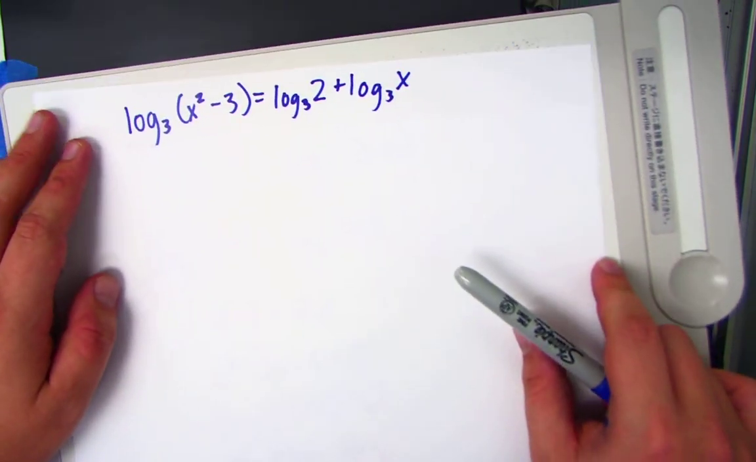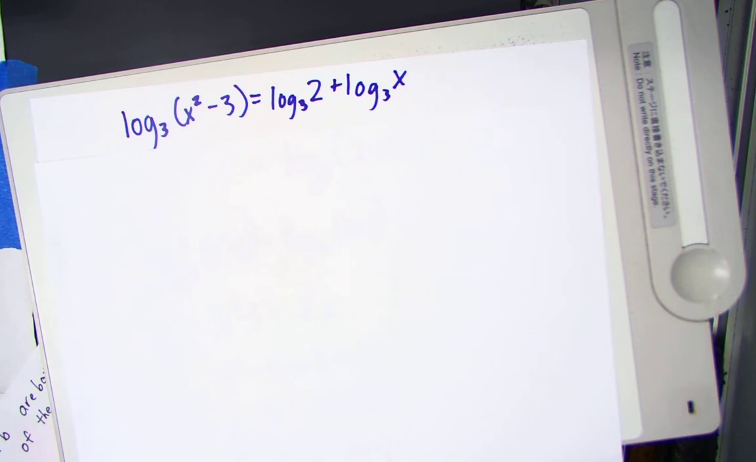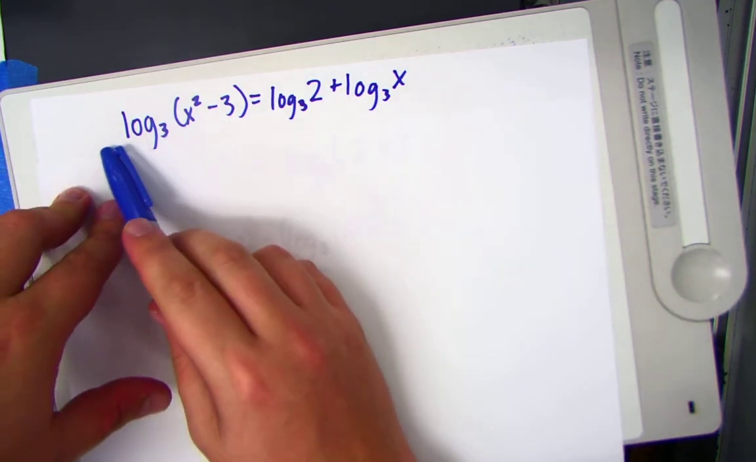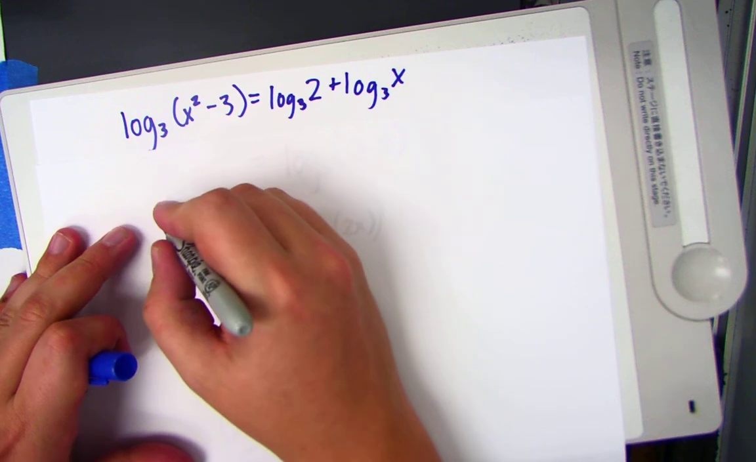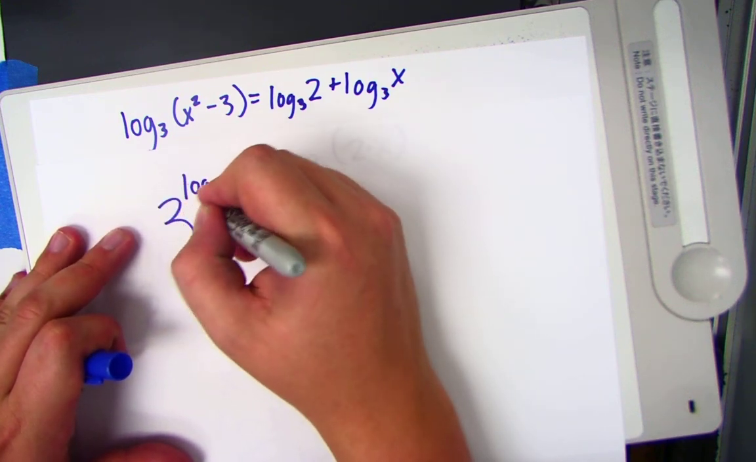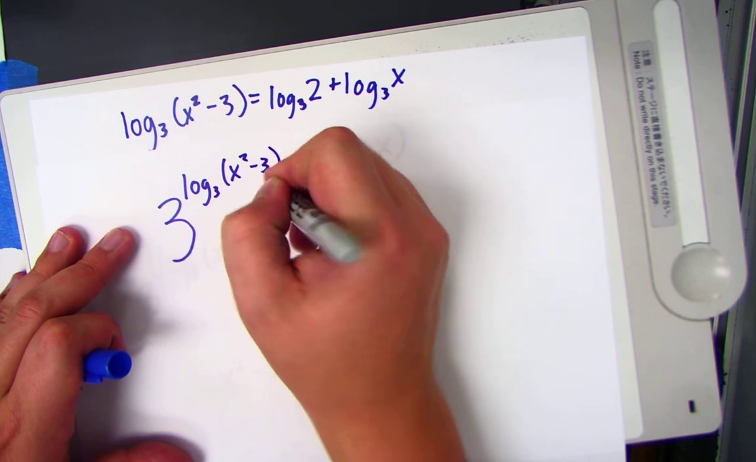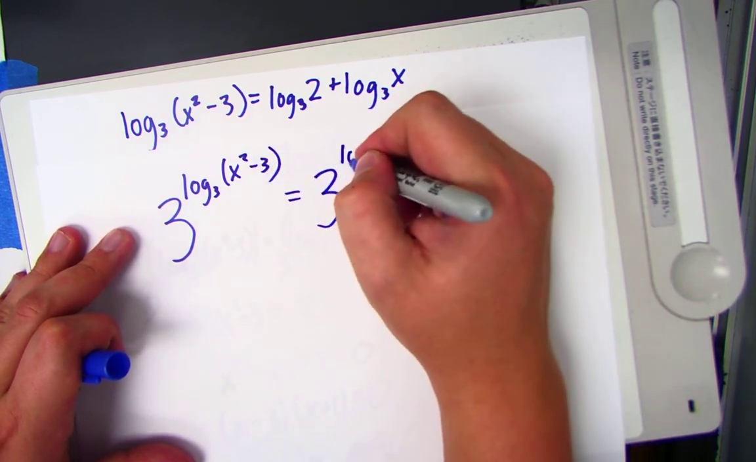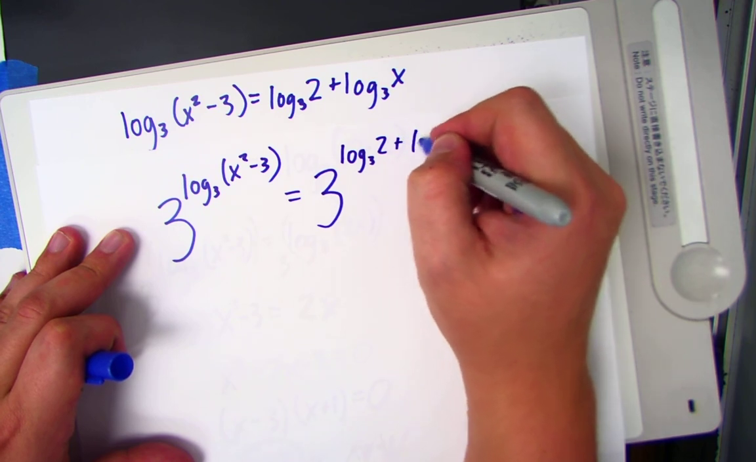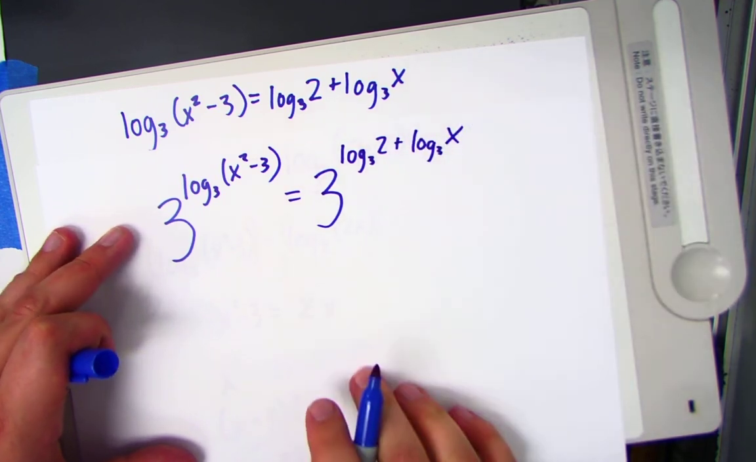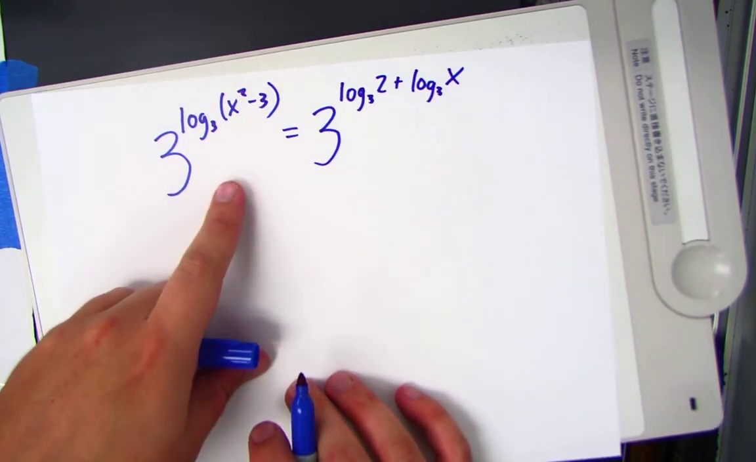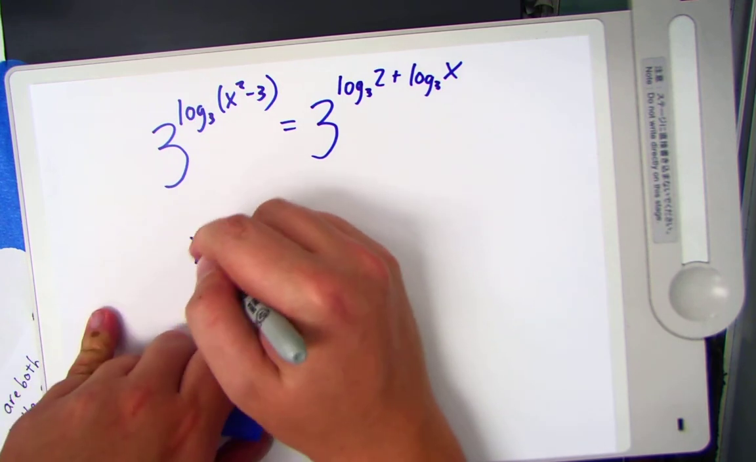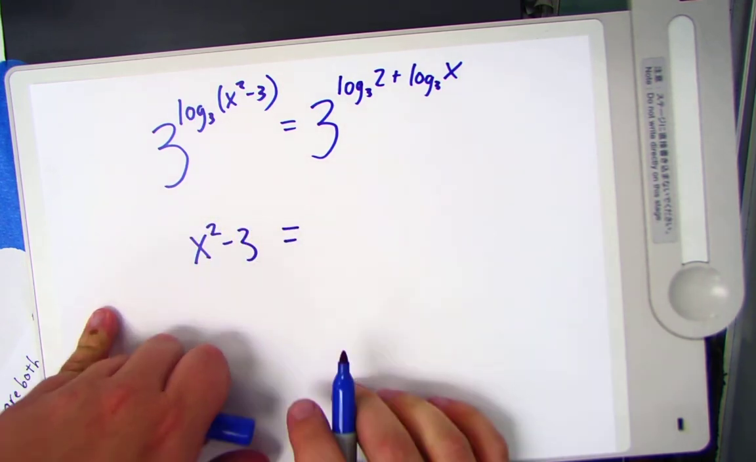I have this, and if I didn't condense it, then I'm thinking to myself, I'm going to do 3 to this side and 3 to this side. 3 to the log base 3 of x squared minus 3 equals 3 to the log base 3 of 2 plus log base 3 of x. And from here, this side cancels. X squared minus 3 equals,